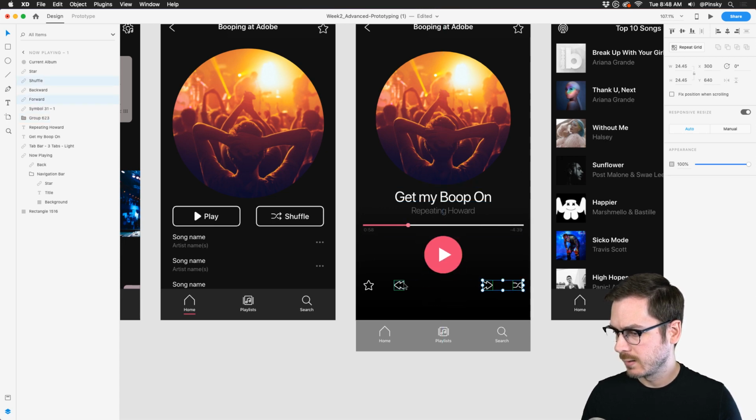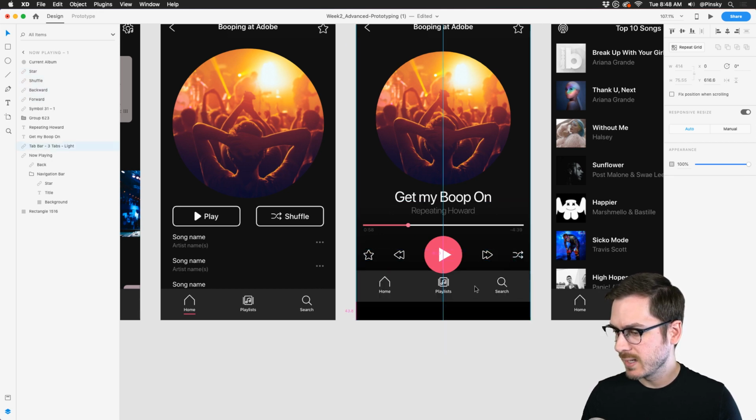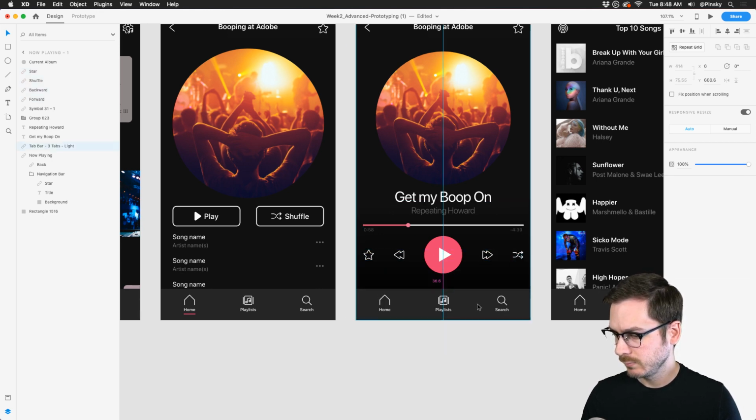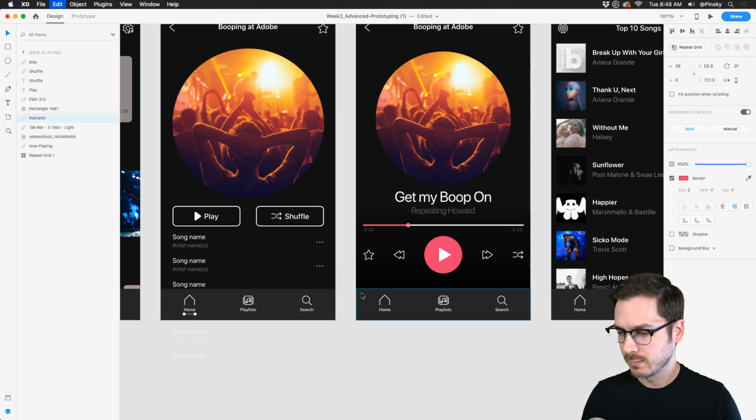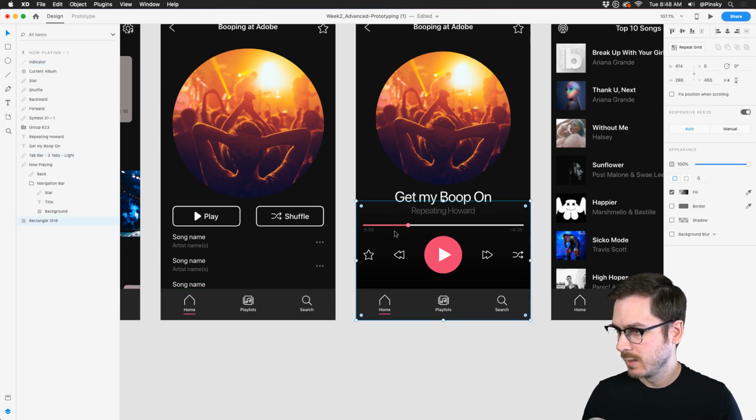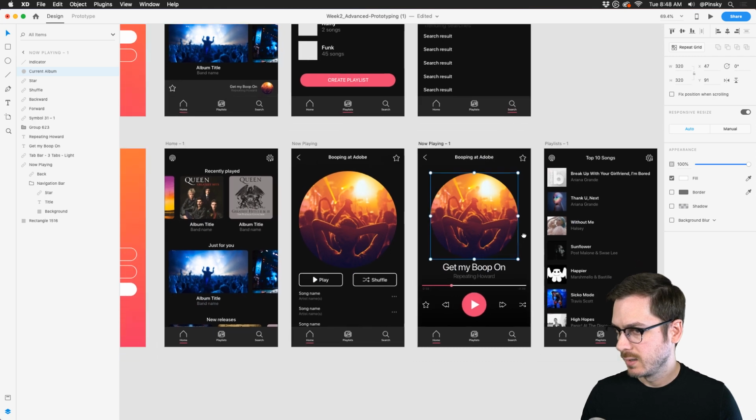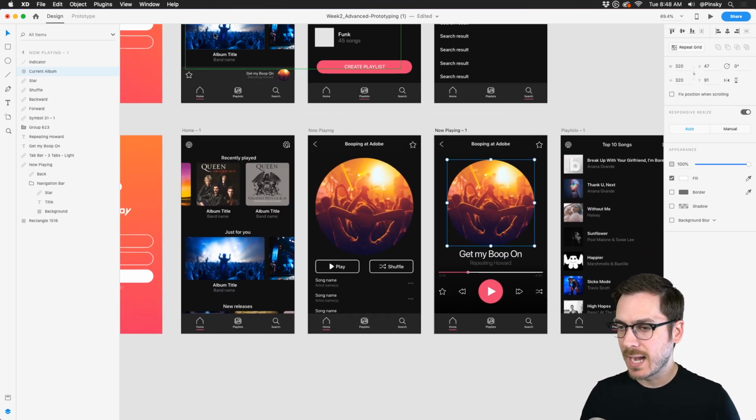I can rearrange this a little bit. Grab all of this, move this up, and I might want to bring this back as well. Oh, I lost my little indicator. I'm going to copy that, paste it back over there. There we go. So now that these are looking pretty decent,